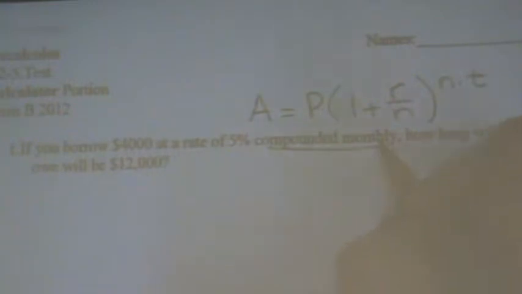Now monthly, how many months are there in a year? There's 12. If it said weekly, what would N be? 52. What if it said quarterly? 4. N would be 4. What if it said daily? 365. Okay, good. So 12,000 is what you want to end up with, and you begin at 4,000, and then